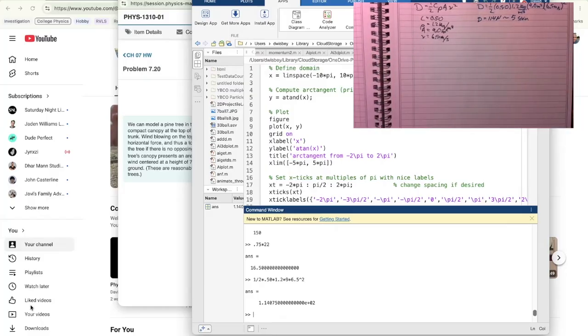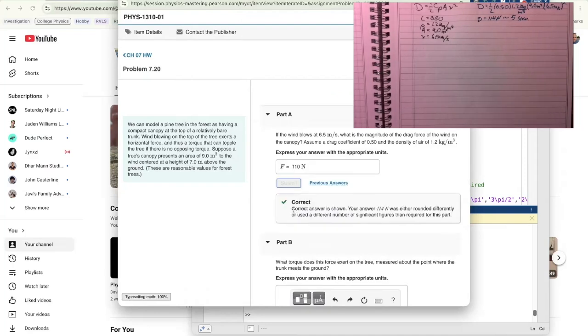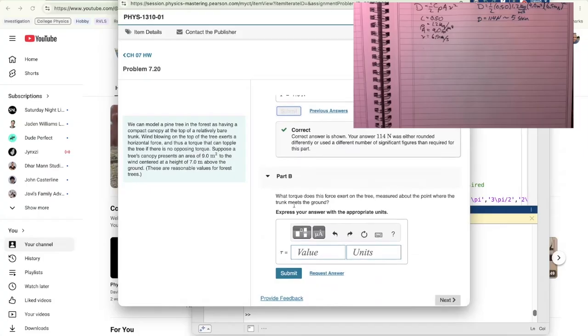I think we did it. Let's plug it in and okay. And it is a force, and so what did we get? 114 newtons. We are correct. Oh, I guess they said 110 newtons. All right. What torque does the force exert on the tree measured about the point where the trunk meets the